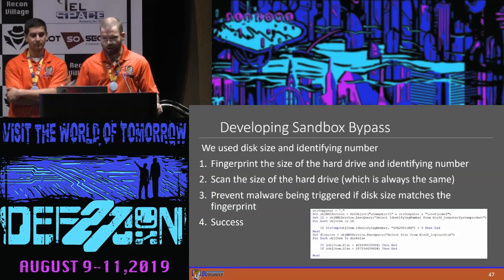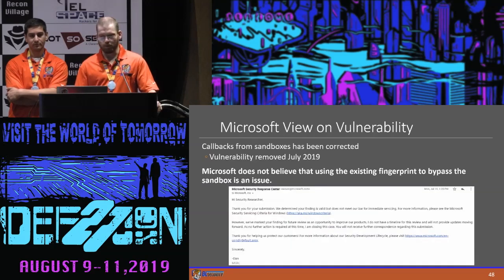So we were able to build that check into our payload, and it immediately went through the sandbox without any issues from that point forward, every single time. And we actually reported this to Microsoft, saying, hey, it's probably not a good idea that your sandbox allows the C2 server to connect. It ended up being fixed in about July, but as far as we can tell, it wasn't intentional because they hadn't gotten back to us. And the email they did send back said, we verified your issues, but we're not going to do anything about it. We might fix it in the future.